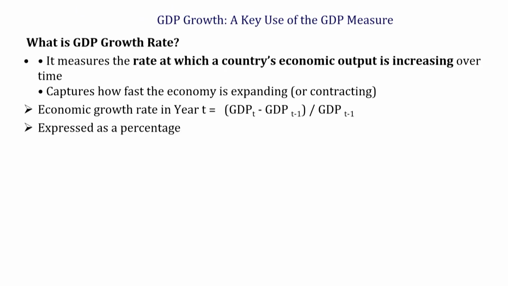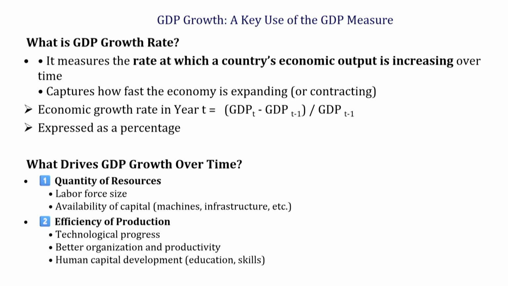However, GDP has also been used to estimate the economic growth rate. One of the most important uses of GDP is to measure how fast the economy is growing. The GDP growth rate tells us the pace at which total output is changing from one period to the next. A growing GDP usually means more jobs, higher income, and improved living standards. The higher the economic growth rate, the faster GDP is growing.